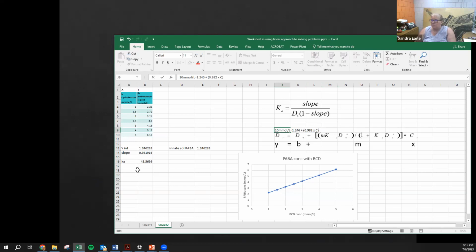So we want to know what, so here's the concentration of PABA we want is going to be here, okay? And then what we want to do is say, so what concentration of beta cyclodextrin is needed? Well, that's going to be equal to this number divided by